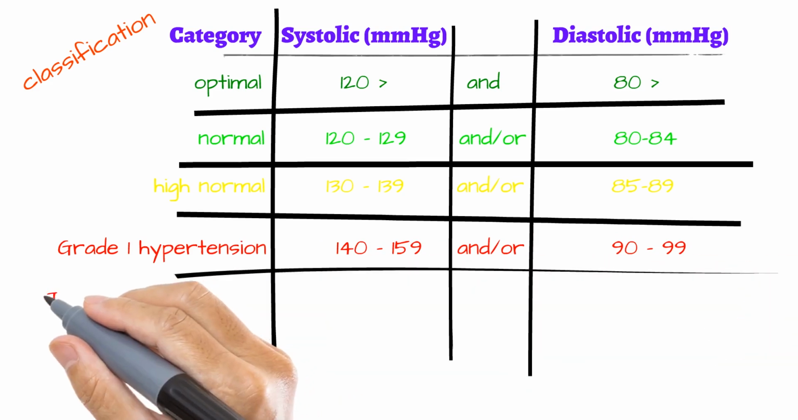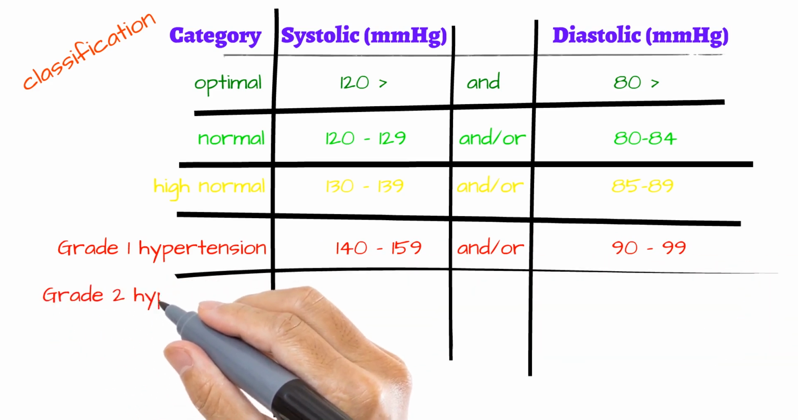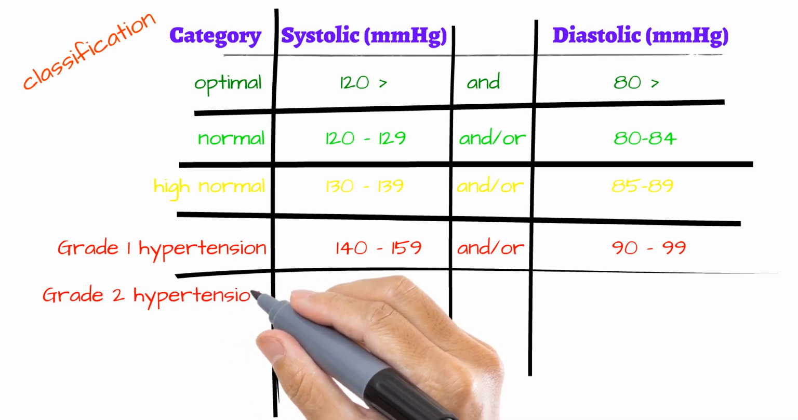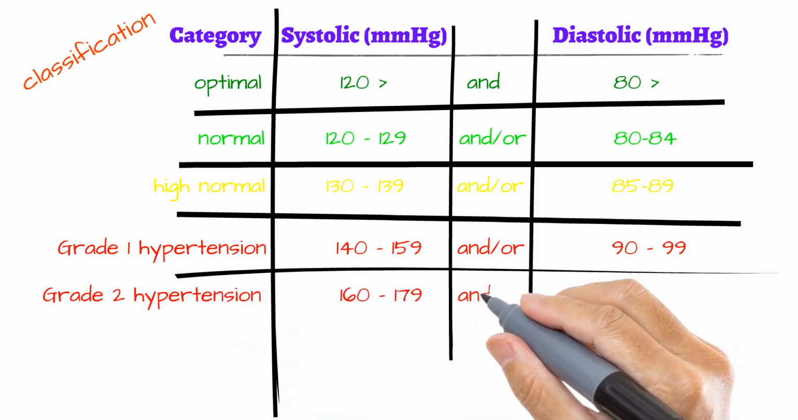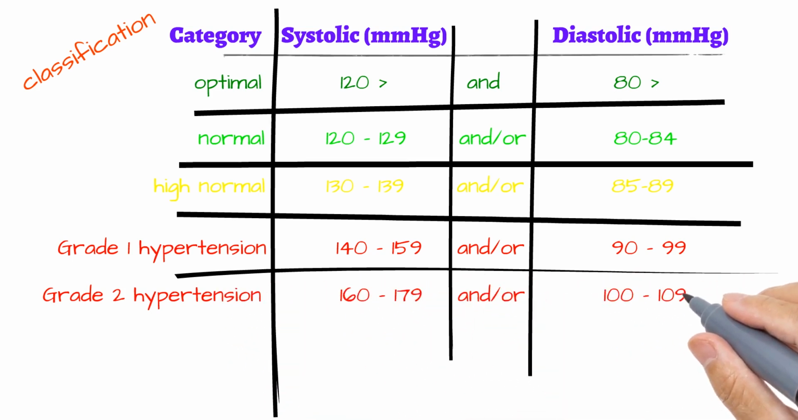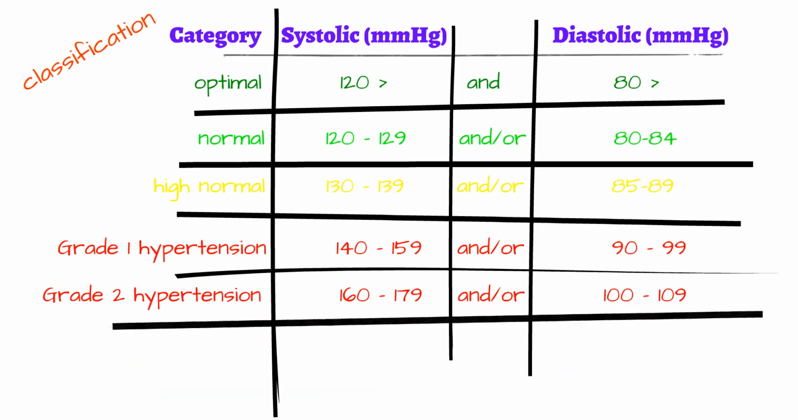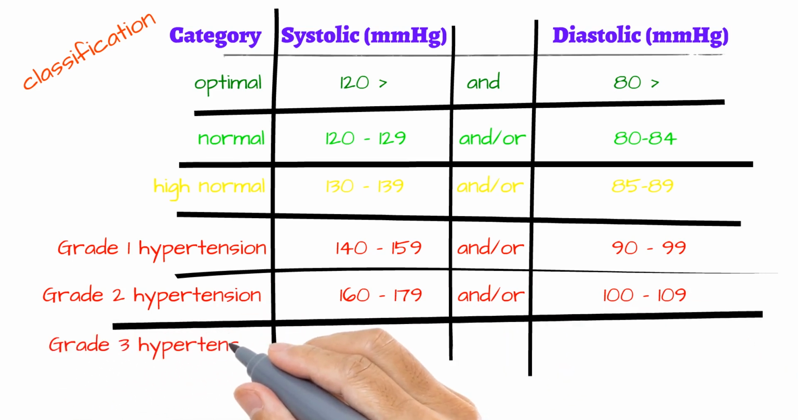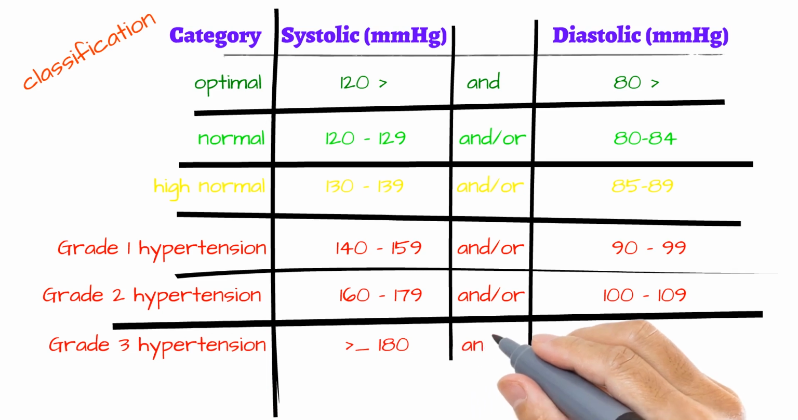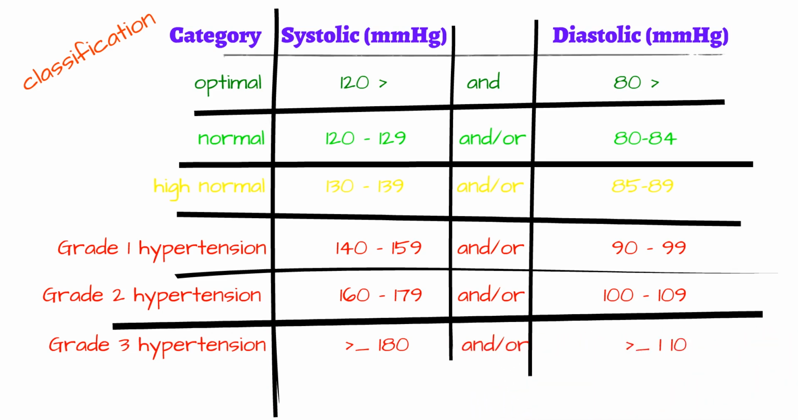Grade 2 hypertension, the systolic blood pressure between 160 to 179 and/or diastolic blood pressure between 100 to 109. Grade 3 hypertension, the systolic blood pressure equal to or more than 180 and/or diastolic blood pressure equal to or more